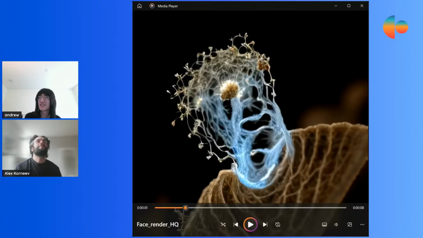Is this 512 resolution or 1020? This one is 512 resolution for sure. When you crank up the resolution, you also hit the performance, but technically you can.